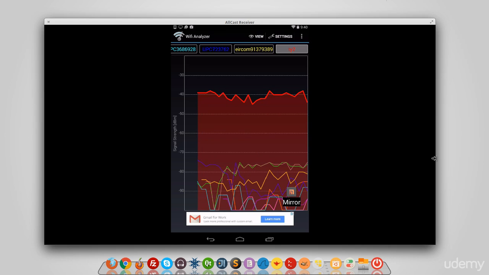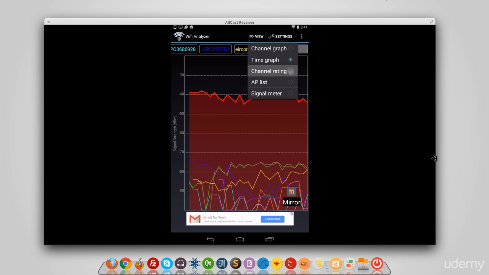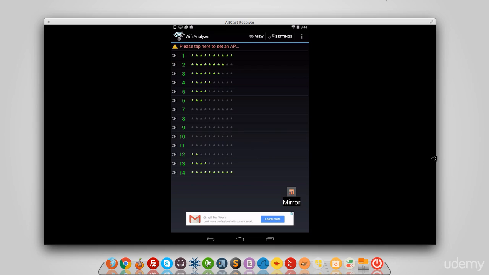And you can see it is the one with the strongest signal and the most consistent of all of them. Now, the other view that we have is the channel rating. And it'll basically show you which channels are being used most. Now, this is actually really handy because if you go back, I'm just going to go back to the channel